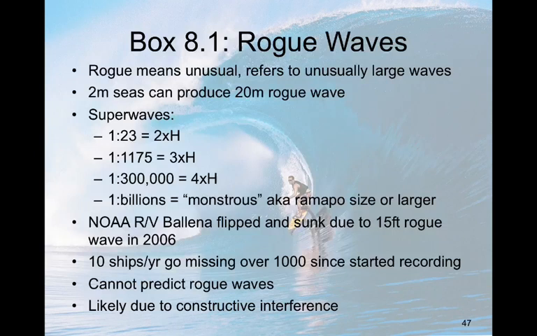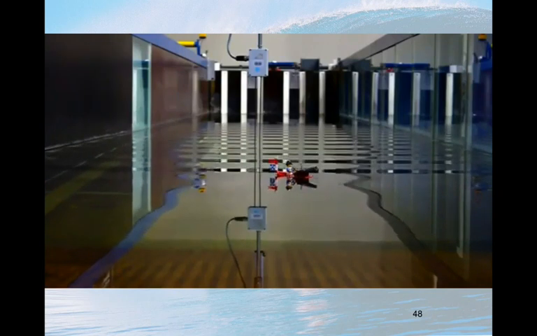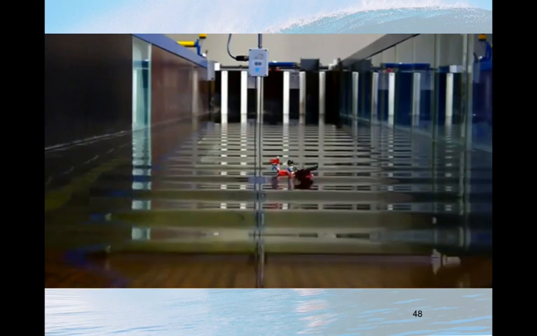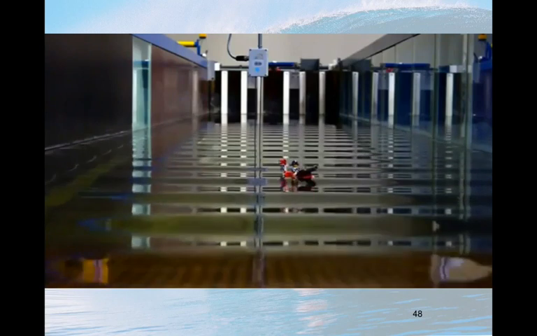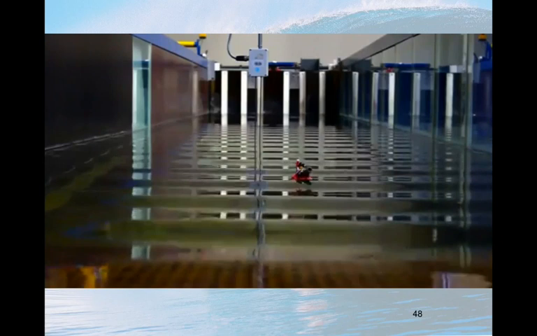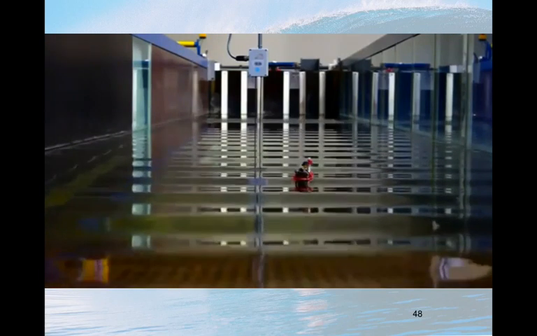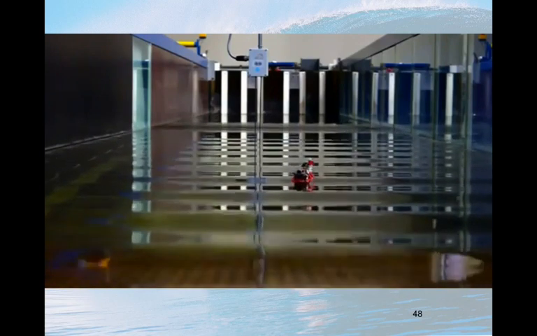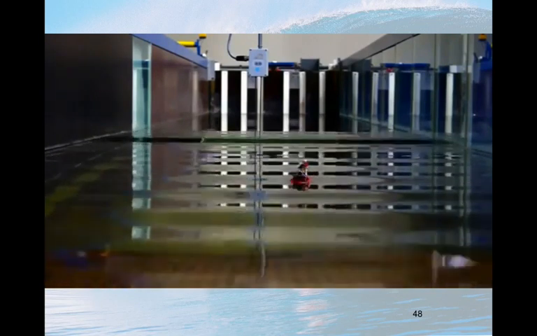The next video, I'm going to set it up as it's going, is in a wave tank, and it sets up a normal wave pattern. You can see each crest of each wave coming, and we see the little Lego pirate ship man. And as the waves go by, they're all about the same height, and the ship begins to straighten out as they do, just like the Ramapo. What they do at the back of the wave tank at this point is they create a wave that has a different wavelength, wave height, and period. It's actually traveling much faster than these other waves, and this can happen. And when it catches up to these other waves, what it's about to do,